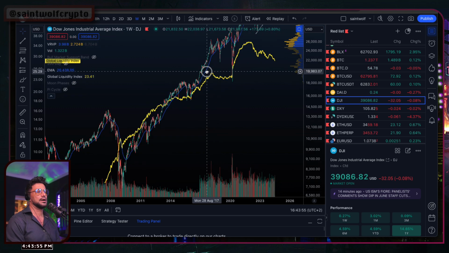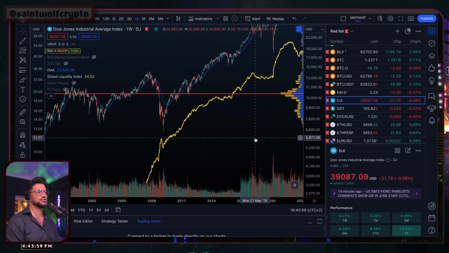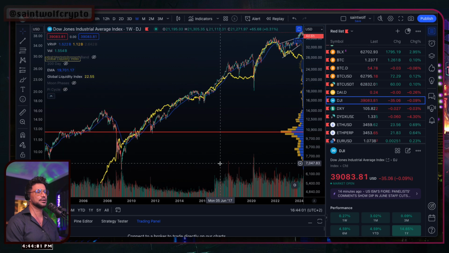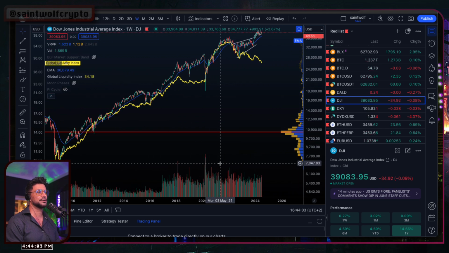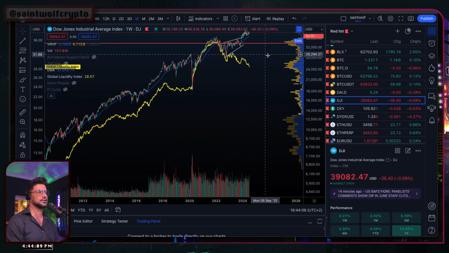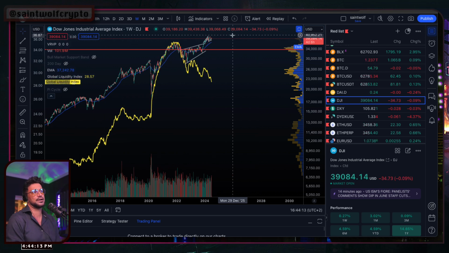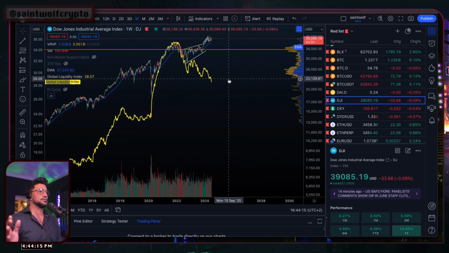Okay, because a lot of this really started back around the GFC, where the whole world's been printing money. So we can see this correlation very clearly. Okay, but you can certainly see here where they diverged, and then they come back to meet each other, and the DJI has to give more. And I think a similar thing could happen here too. Possibly, but I don't know. Not financial advice. Who knows what we're talking about.